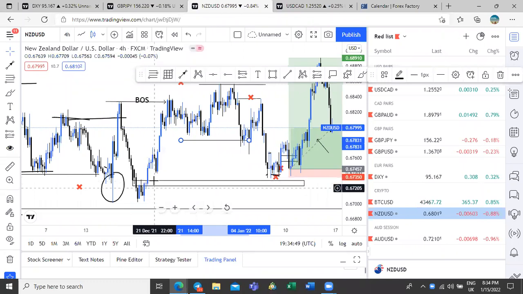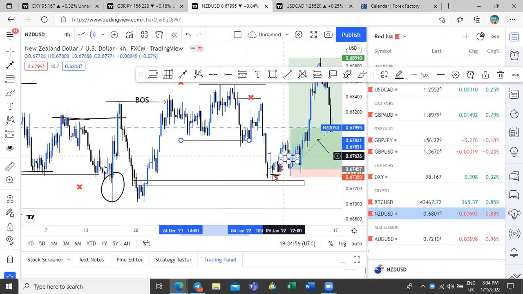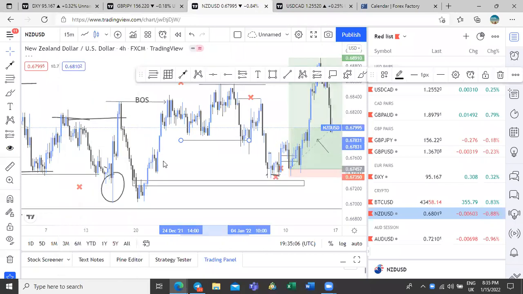So this imbalance area is what I'm paying attention to. I marked this area, and then smart money came to react off from there. Now let me take you to the 50 minutes of this area. Remember I told you 4 hours point of interest, 50 minutes break of structure, right? Good. So let's go to the 15 minutes to check that area and see the same mitigation